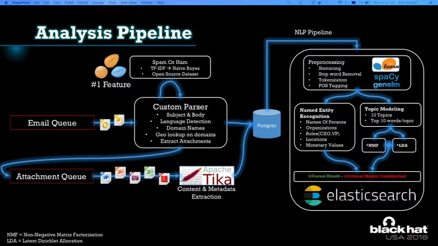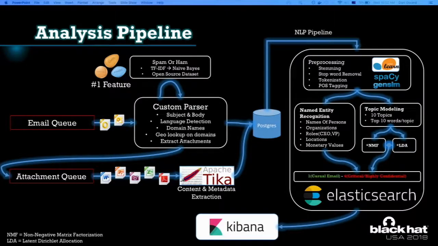And after that, we made some kind of scoring to see how threatful or how confidential the email is. And everything would go to Elasticsearch with a Kibana front end. That way we can just have a sense of what's going on. Because when we found one email, it was easy to look at and see what's going on. But if you're an attacker, you're not going to go through thousands and tens of thousands of emails a day. You're going to want to process it. So we made a proof of concept of how easy it is to actually do this.